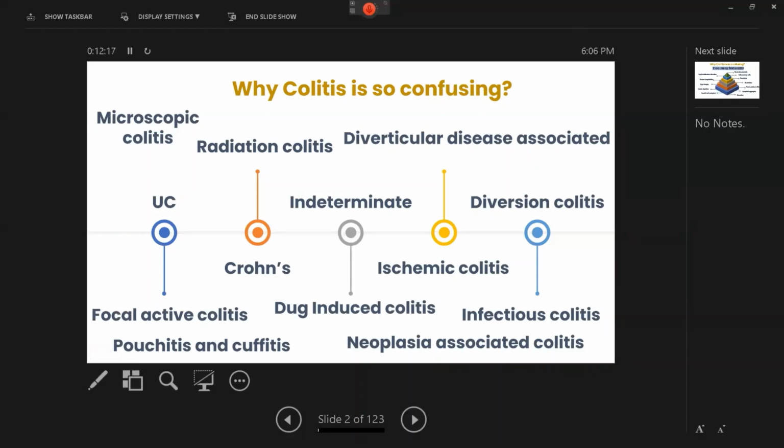We are still in colitis, of course, but in the slides today, you can see that I added this sentence, pouchitis and cuffitis, which is an area that I think a lot of us find difficult. Is that correct? Do you find pouchitis easy or difficult? Can anyone, or if you would like to write in the chat room, please let me know what your feeling is about this area of pouchitis.